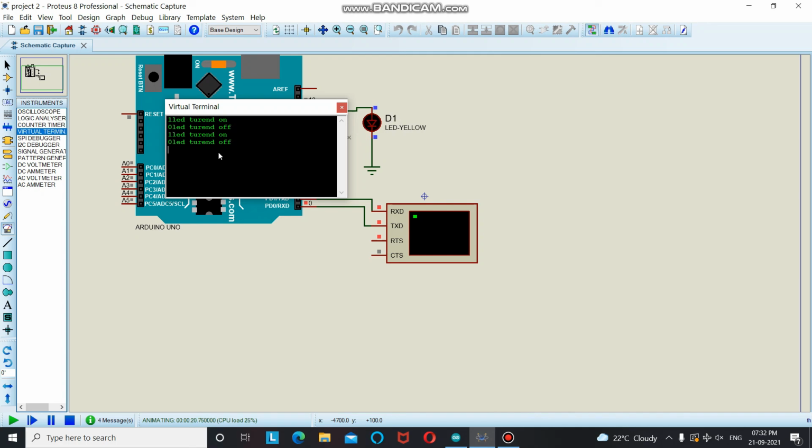So 1, 0. For different inputs, there is no response from the microcontroller, as the conditions that we have set are only for 0 and 1. So when we are giving 1 as input, the microcontroller will turn on our LED, and for 0 it will turn off our LED.